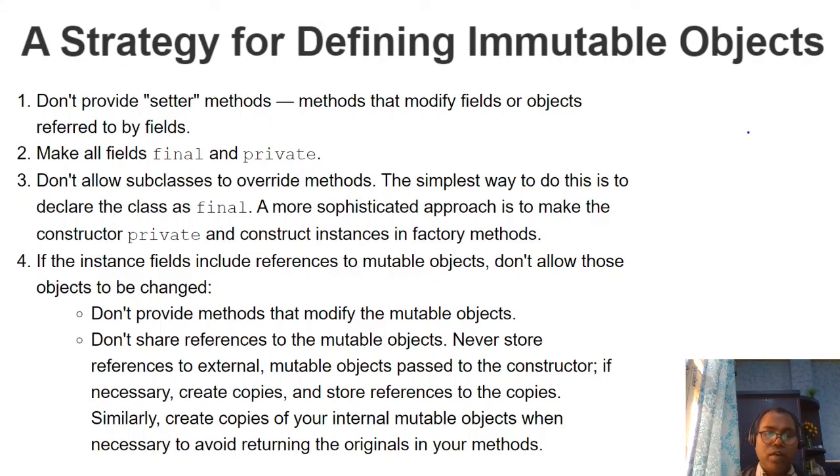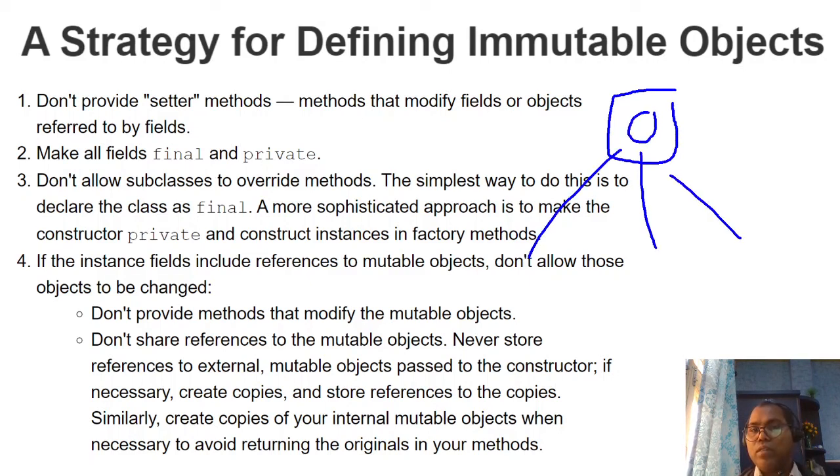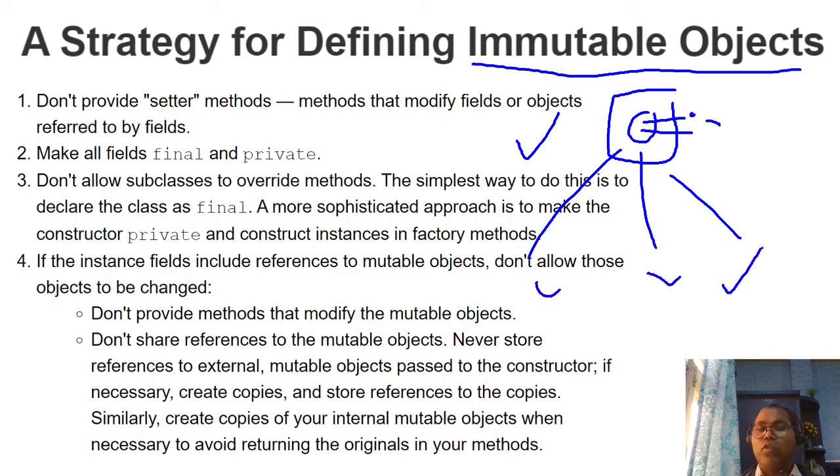One of the last points today: if this is the shared object that is shared by multiple threads, and this object is an immutable object, then there is no need of any synchronization or any locking mechanism. Immutable objects' fields or values cannot generally change, so any thread can only do reading. If threads are only reading, there is no problem.